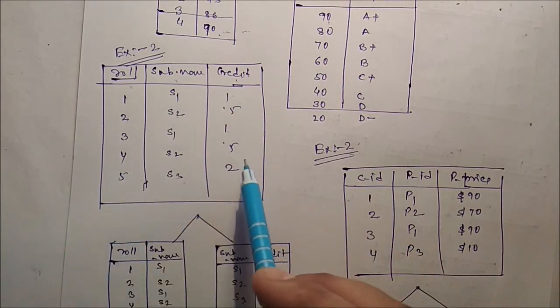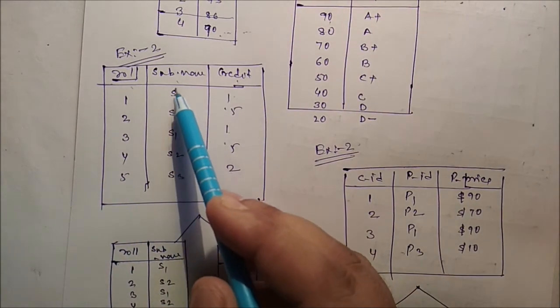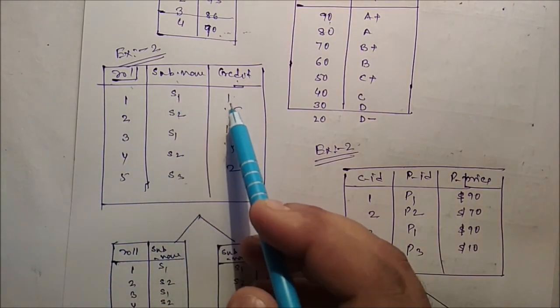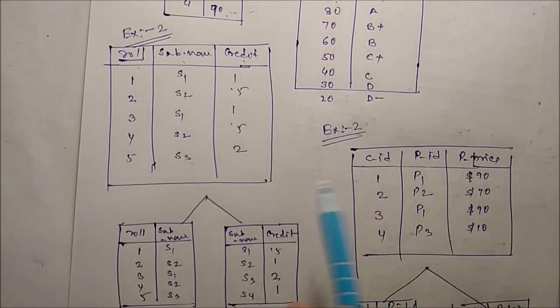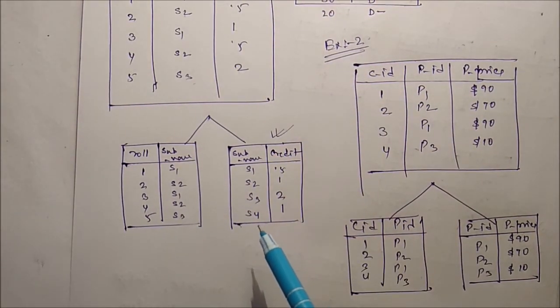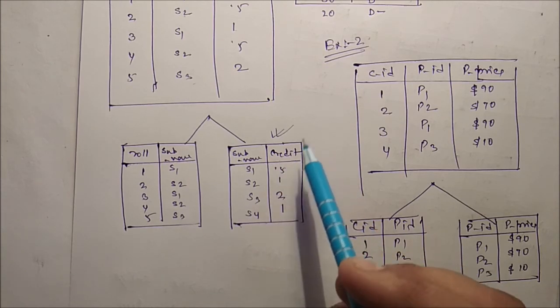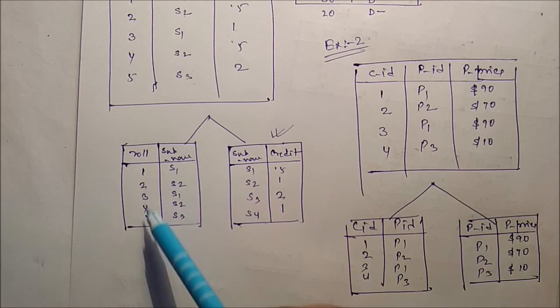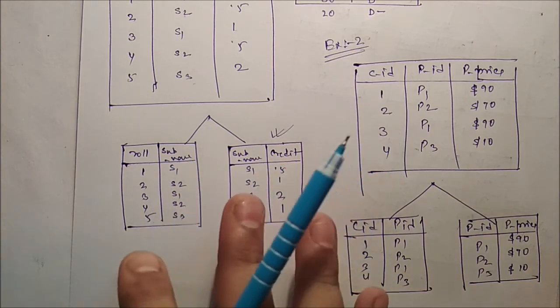If you delete something, we have to remove the subject name and the credit also. And if you change the subject ID, we have to change the credit also. So the problem is there, so definitely we have to split this into two tables. That means this table preserves the domain. So it establishes the domain constraint, and here you reduce the redundancy as well as the insert, update and delete anomalies.